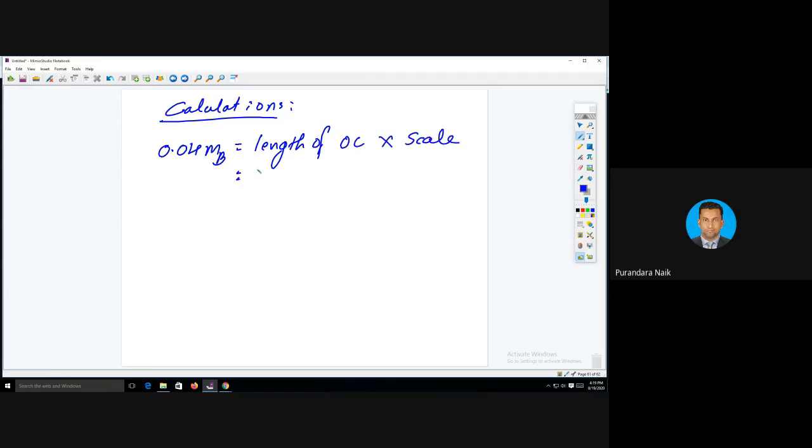If you measure the length of OC, we'll get approximately 10.4 centimeter. I'm getting, into scale is 0.2 centimeter kg meter square, kg meter is equal to 5 centimeter. So we'll get the answer as MB